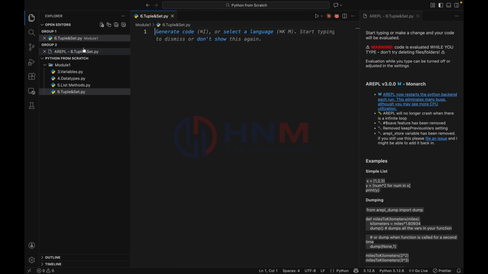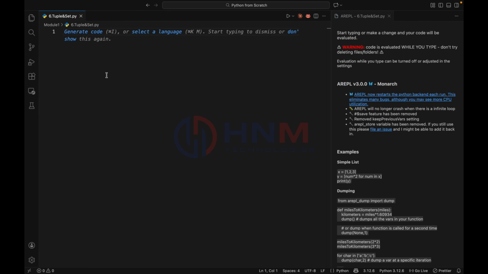This is my VS Code. I have a file called tuple and set. First things first, what is a tuple? Let's start with the tuple. Once the winners are announced on a stage, the result is permanent. Nobody on this planet can go back and change who won Best Actor in 2010. That's history, sealed forever. We can't change that value. This is exactly what a tuple represents in Python: an immutable ordered collection of data. Once we create it, it is locked forever.